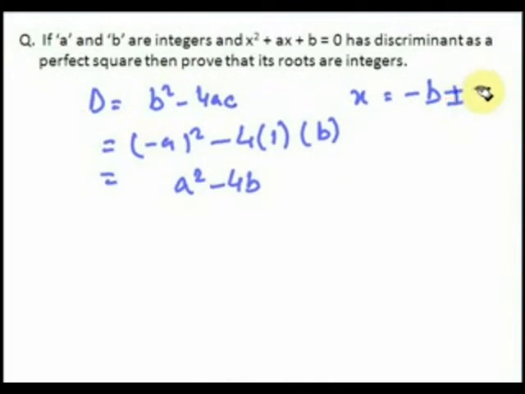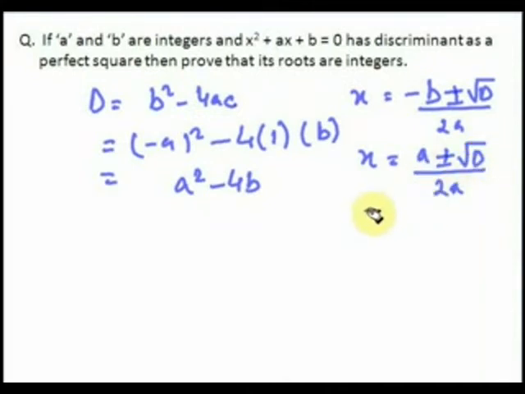The roots of the quadratic expression are minus b plus minus under root d upon 2a. In this case, b is equal to minus a, so it becomes a plus minus under root of d upon 2a, and a is equal to 1. So d is a square minus 4b. This is given as a perfect square. Let us assume it to be p square. Case 1,